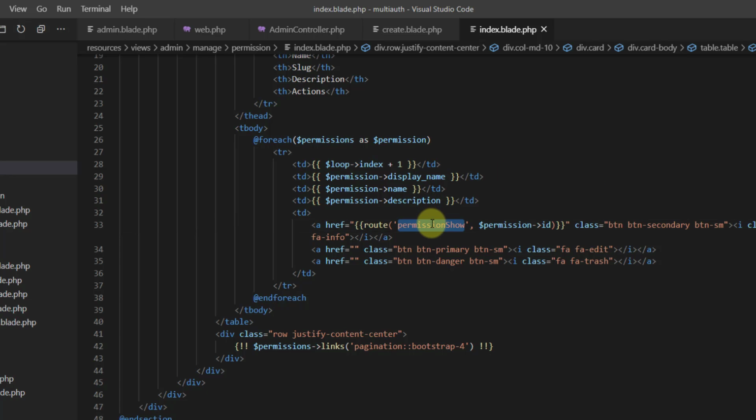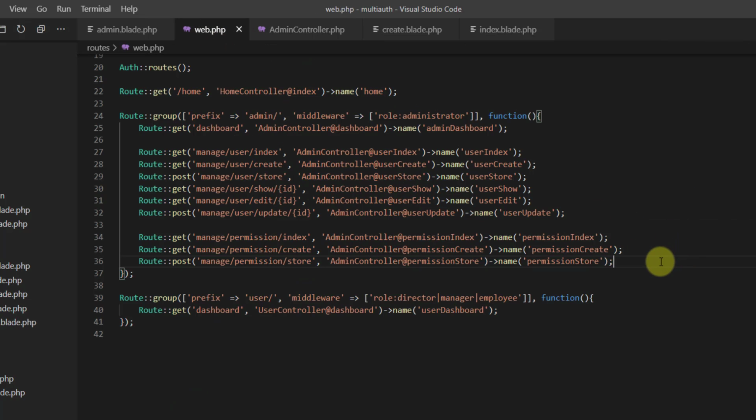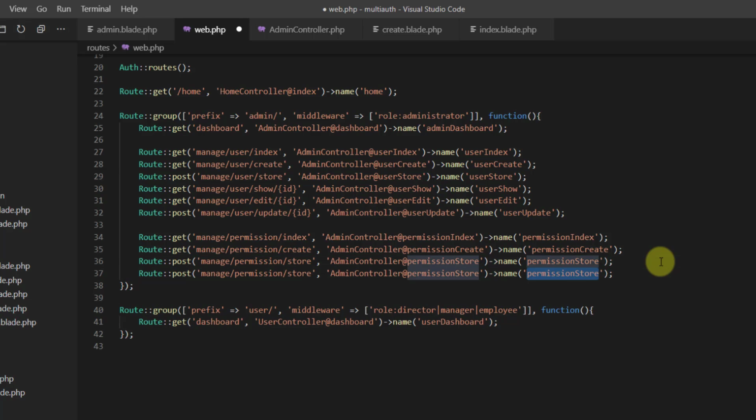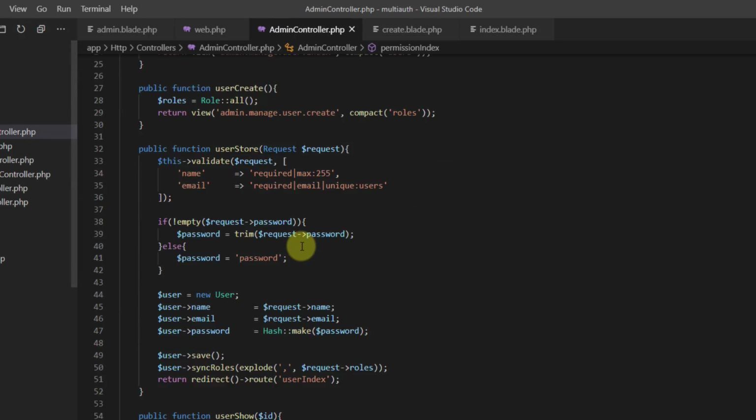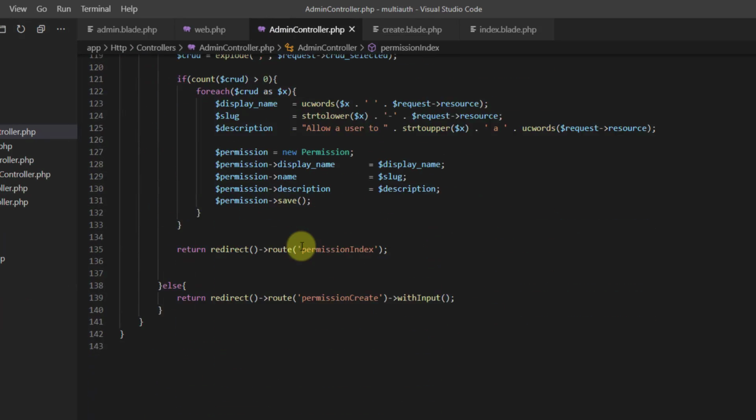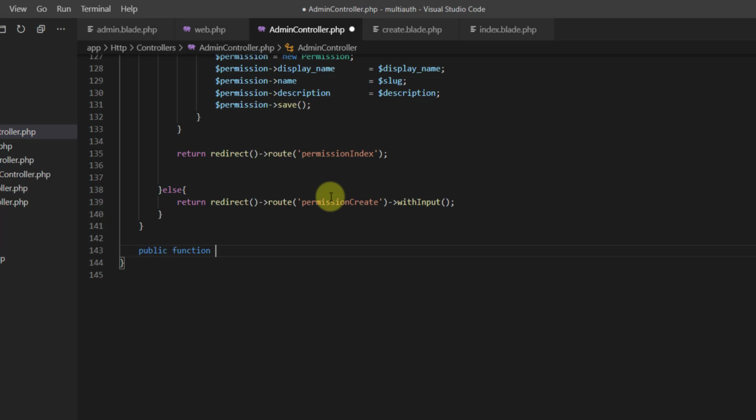Now let's create this route. So web.php, duplicate this one and paste it instead of permission store. So instead of store, I want to say show/ID. Now let's create this permission show method inside our admin controller. Let's say public function permissionShow. We have ID coming,